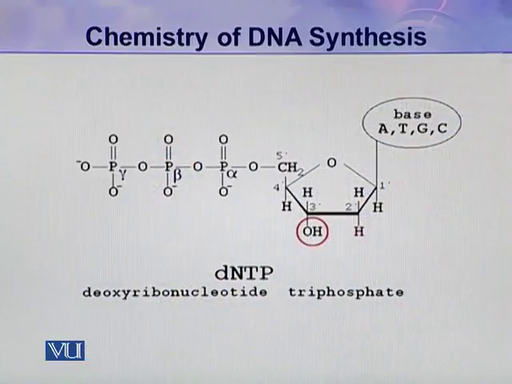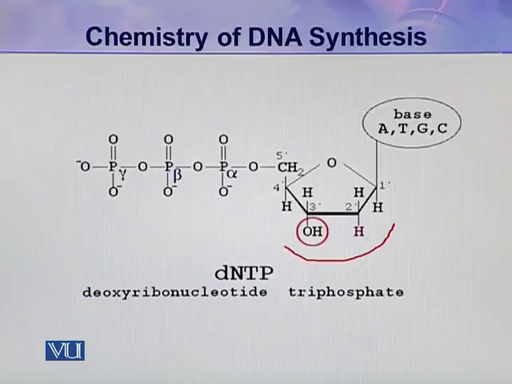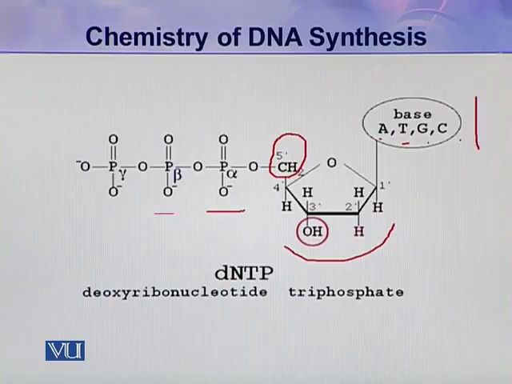So as you can see in this figure, this is the deoxyribose sugar, and it contains one base, and the base may be adenine, thymine, guanine or cytosine. Any one of these four bases may be present, which is attached to the 1' of this deoxyribose sugar. And here to the 5' of this sugar, three phosphate groups, 1, 2, 3, are attached. So in this way it becomes